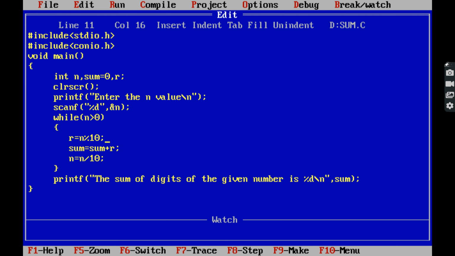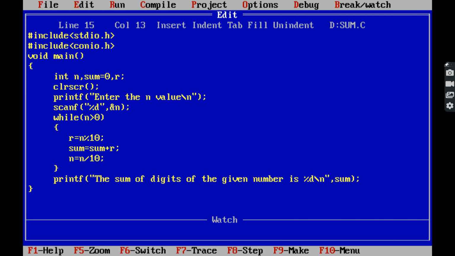This statement returns the remainder value. Once we get the remainder value, that value is added to the sum value. After that, the n value is divided by 10. These three statements are executed until the condition n greater than 0 becomes false. Once the condition becomes false, the control goes to the next statement after the while loop.